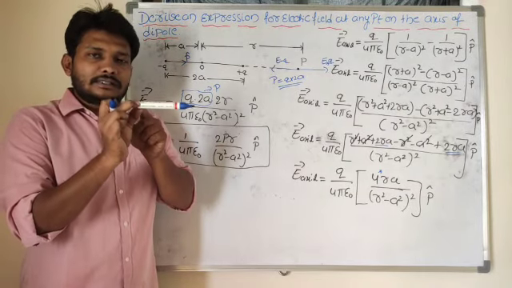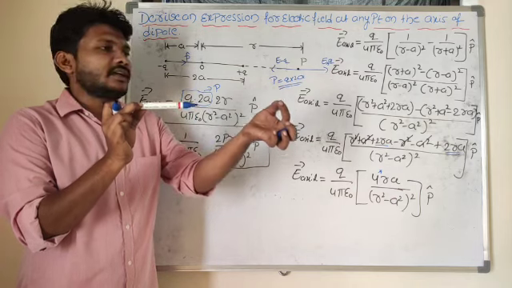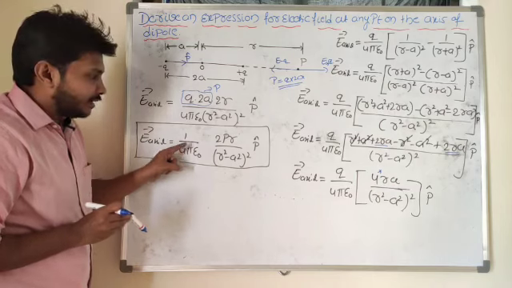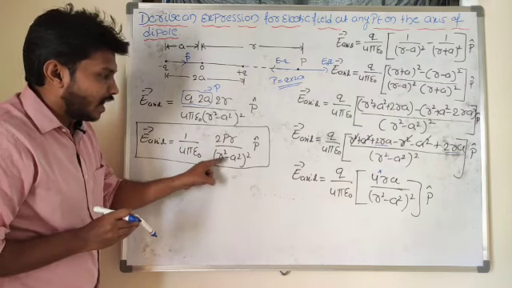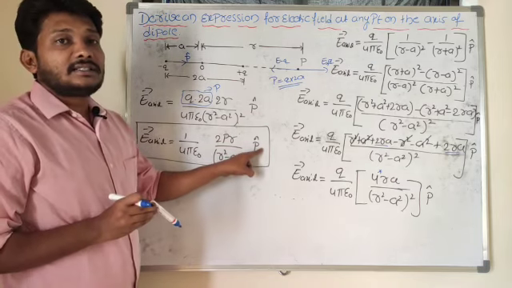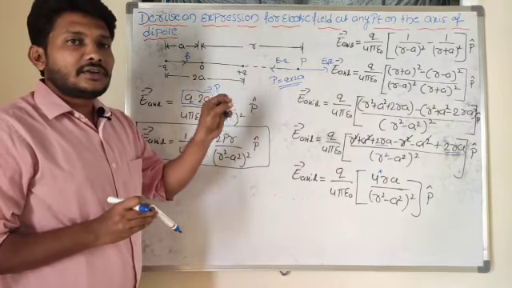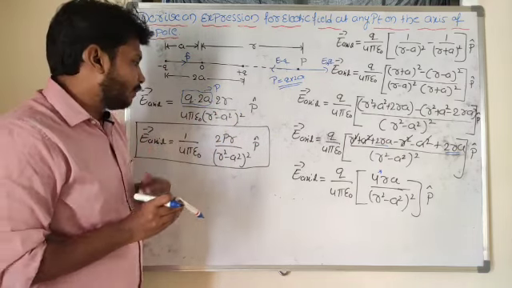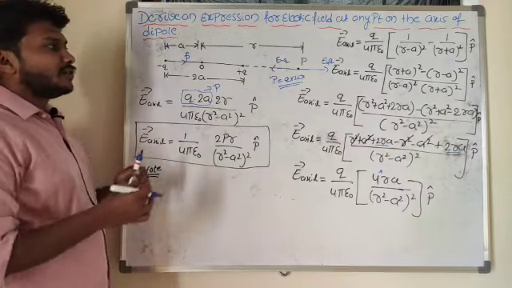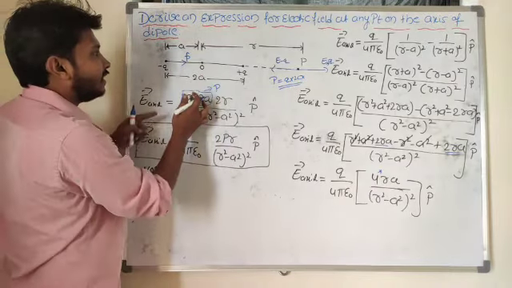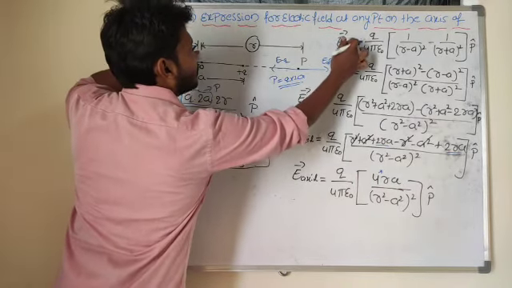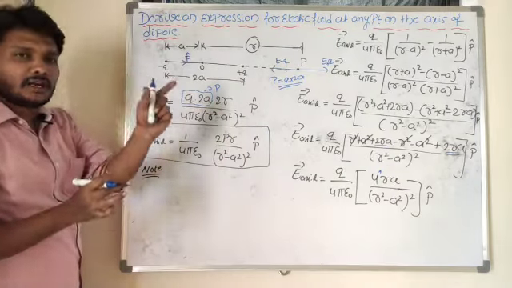For example, this is plus q charge and this is minus q charge, and at the axial point the electric field strength value is 1 by 4 pi epsilon naught, 2pr divided by (r square minus a square) whole square, into p cap. I said p cap is nothing but the direction of the dipole. Direction of dipole is always from negative to positive. So for a short electric dipole, I will take the distance from the center of the dipole as r here. This r value is very much large as compared to the dipole here.